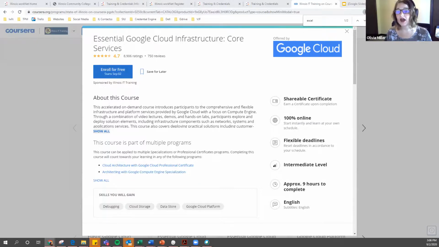Gwen asks, what happens once the courses end in December? So when the courses end in December, if you have not completed your course, you will no longer have the ability to go in and access it for free. The costs are going to be associated with those courses again. So in order to gain access back to those courses, you will have to pay the cost associated with that specific course. And as I mentioned earlier, those costs are going to be different per course. So that's why it is really important, if you're wanting to get these trainings covered at no cost, that you're getting them completed prior to December 31st.